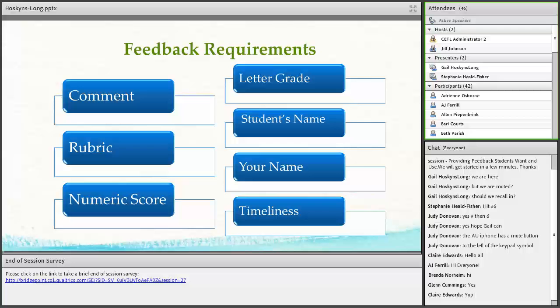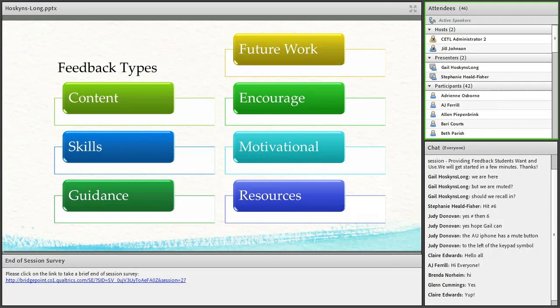The second consideration was feedback requirements. These are 7 feedback requirements that came up in our study, and these are institutional requirements. As we know, Ashford asked us to follow certain requirements when giving feedback. So that was the second component that we looked at in our study. These requirements also play an important role in how we develop our feedback because we need to meet the expectations of the students, but also the expectations of our school.